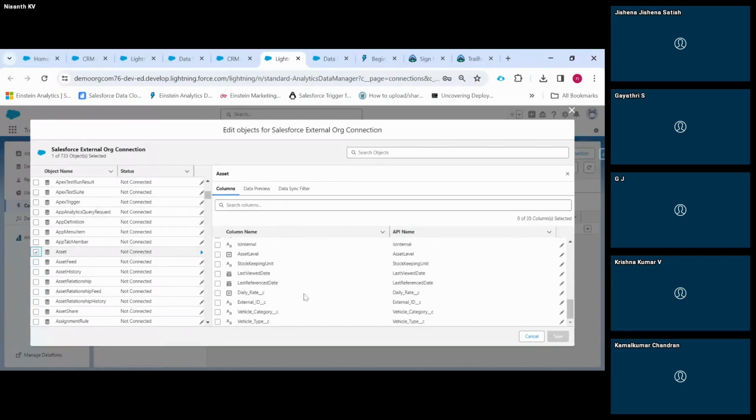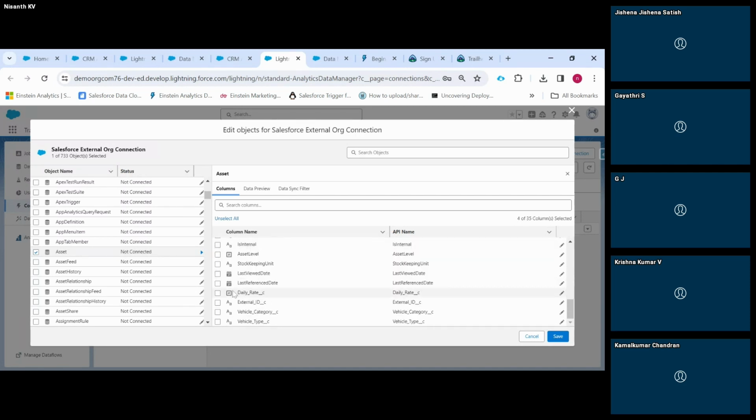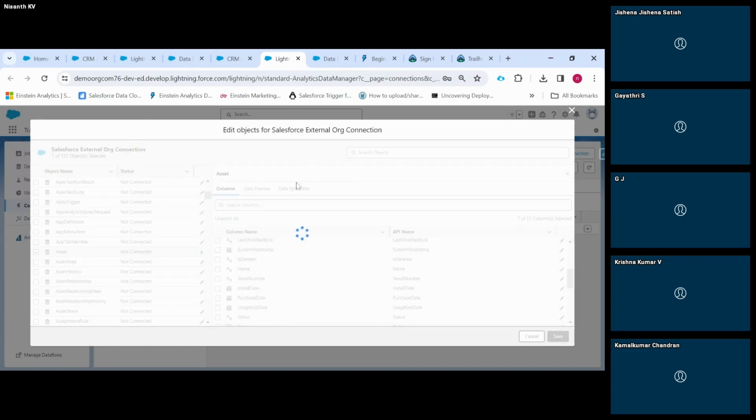And we have an option, so I will select only a few quantity, that is measures as well as dimensions, as well as date fields and external ID. And if I click save, a staging table has been created in our org,